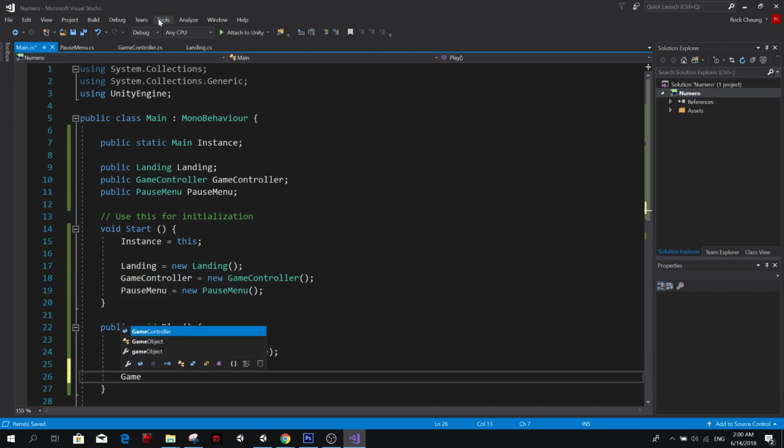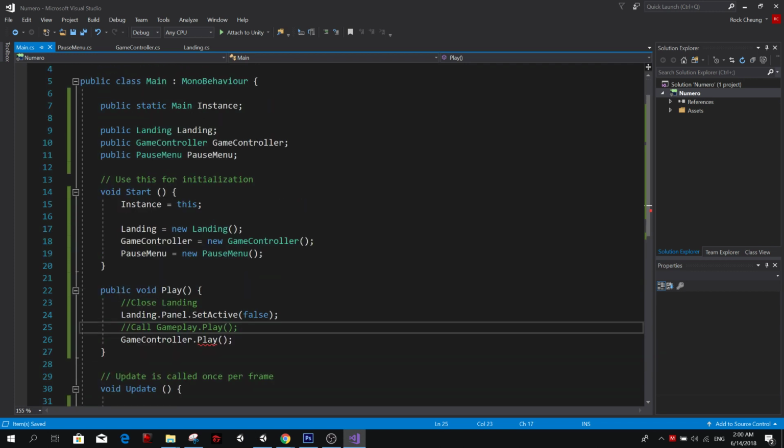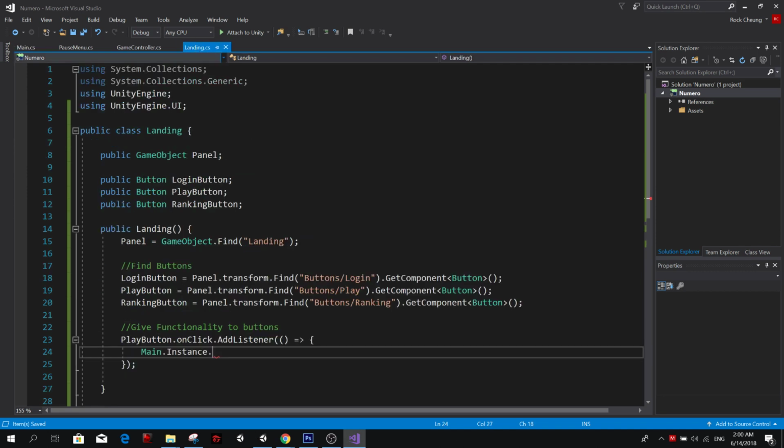Then game controller dot play. Okay, so we don't even need this. Just keep doing it like this.